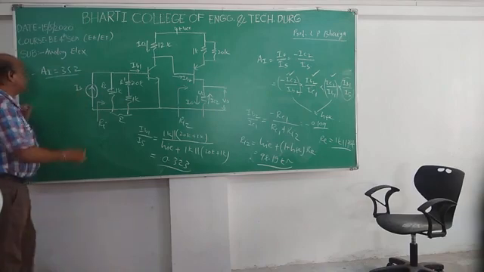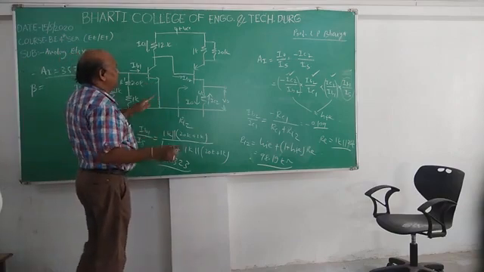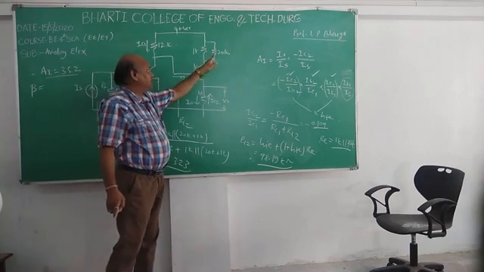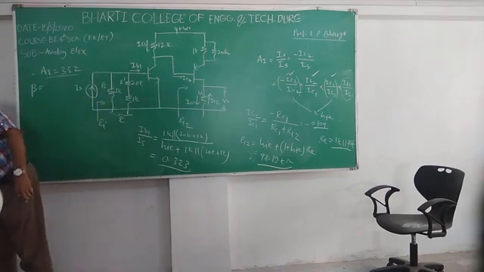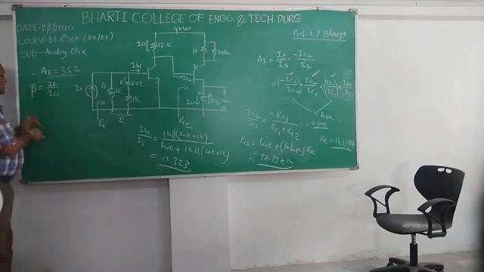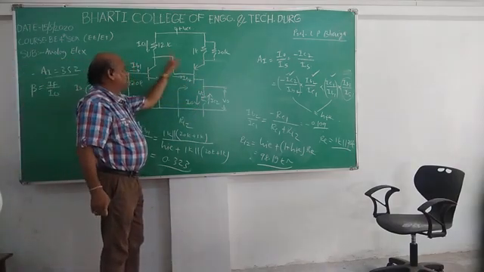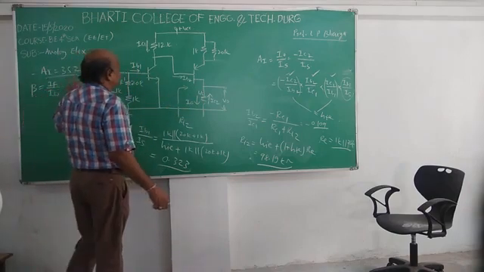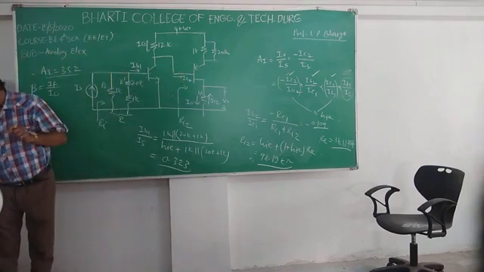Once you have got this factor AI, then calculate the factor beta. Beta is the feedback factor. We already know that this 20 kilo ohm resistance is the feedback resistance. So you have to calculate the feedback between this resistance and this output 4 kilo ohm resistance. So the feedback factor becomes IF upon I0, the feedback current upon the output current. This I0 is the input to this feedback circuit, therefore this output becomes the input and this IF is the feedback output.